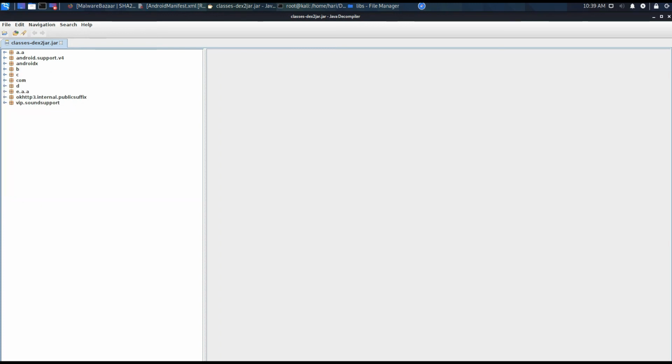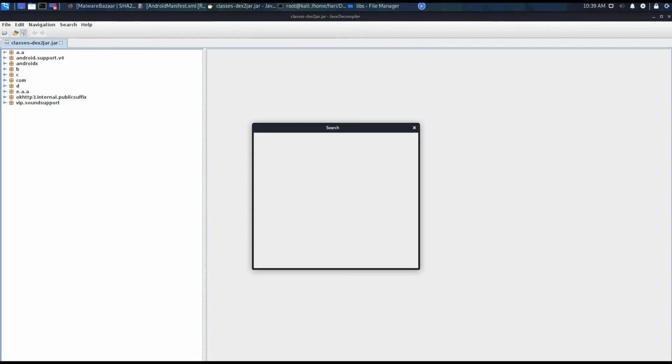The developer has done code obfuscation for this application, so that whenever a pen tester or any developer wants to read the code and observe the behavior, it will be difficult for them. That's the reason here you can see A dot class, B dot class. We can't understand exactly where the execution is happening, or where the data is moving from one class to another class, another method. That's the reason code obfuscation is used, using ProGuard.